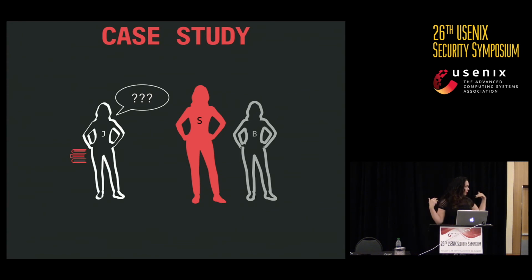The very tall person is me, because I'm a very tall person, and then the S is for security. The J is the journalist, and the B is my boss, the research director. And so we had a journalist. She received some documents from a source that she didn't know. And we didn't know anything about the documents except what the source had said. She knew at this point, don't ever click on attachments. They could be really dangerous. Even if they're not dangerous, they could be doing network callbacks that alert someone to the fact that you have them. So, no clicking on attachments, especially from sources you don't know.